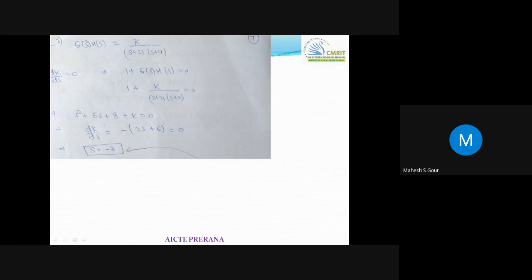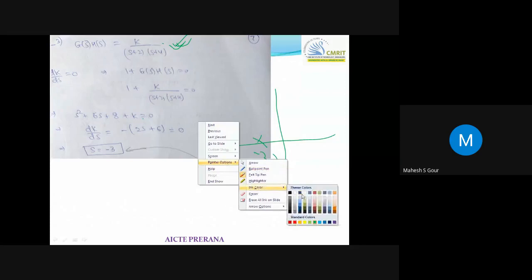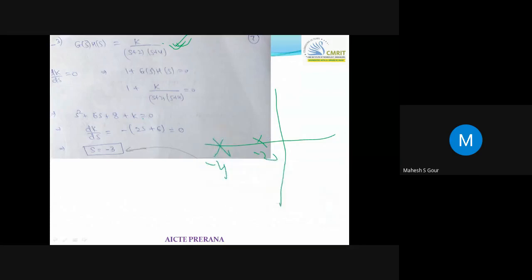So breakaway point. Okay. Can you find the breakaway point for this? See whether a breakaway point exists or not for this. When I do the pole-zero plot, where are the poles present? One is present at -2 and the other is present at -4. So now where will the root locus be present? See, to the right side of this it won't be present, there are no poles, no zeros, so it won't be there.